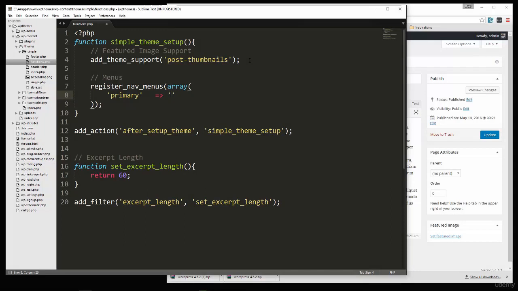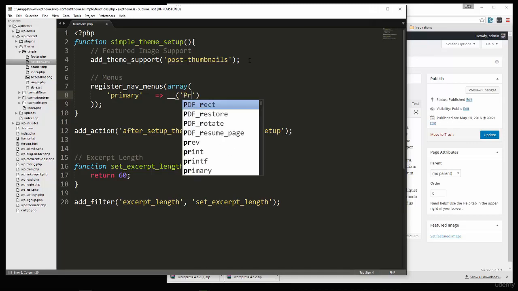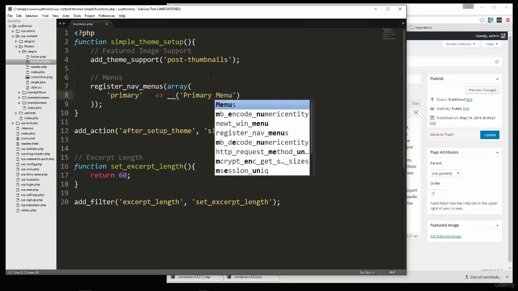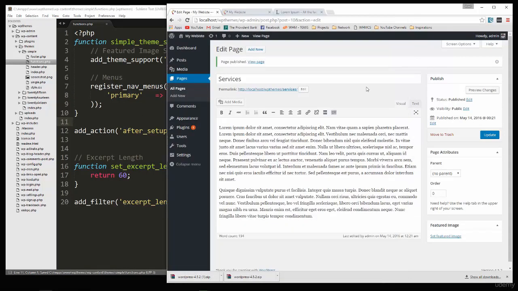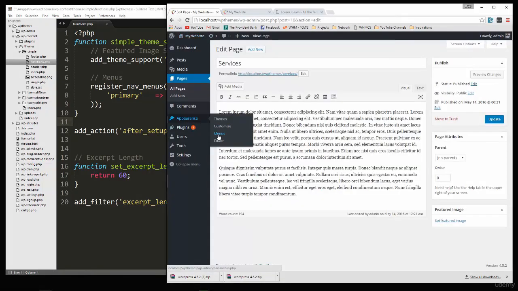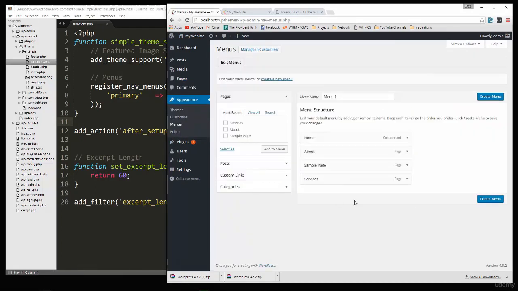and then this will be the readable version. We're going to use this double underscore function. And what this does, this is a localization function. It has to do with using multiple languages in your theme. So we'll say primary menu, save, and now if we go to the back end and reload and go to appearance, now you'll see we have this menus option. Okay, if we click that, let's say create menu,